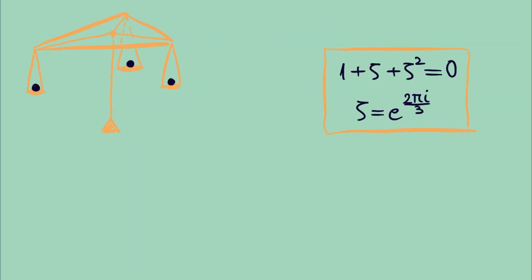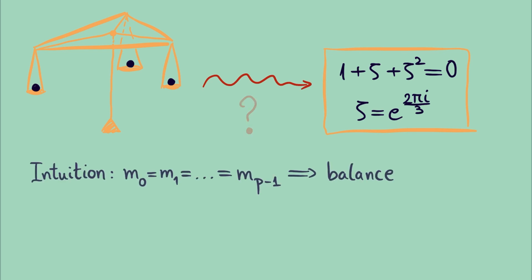Well, now we turned our original problem with weights and polygons into a problem about complex numbers and polynomials. Isn't this making it more complicated? Maybe, but more complicated in our case also means more structure. For example, let's see how we can instantly obtain a proof for what our intuition was telling us at the